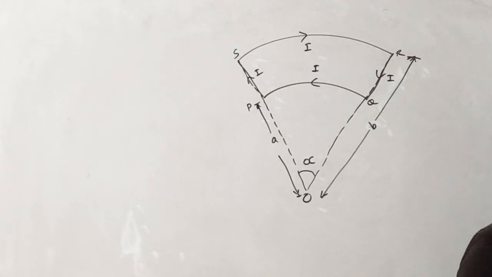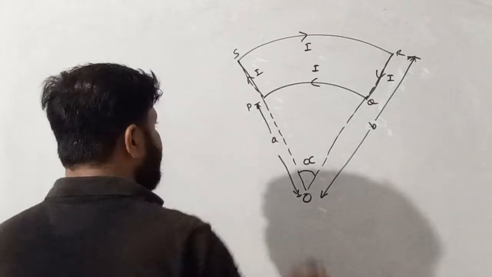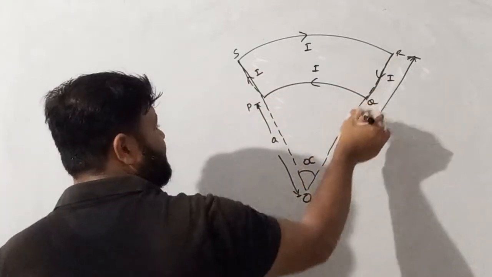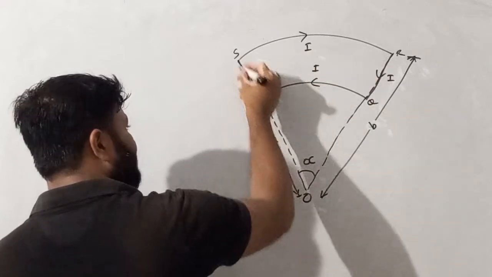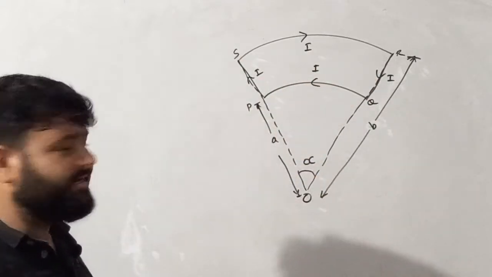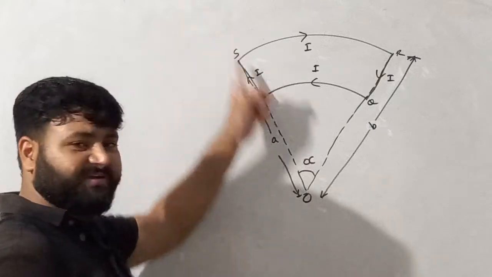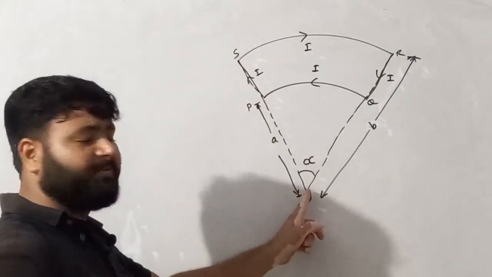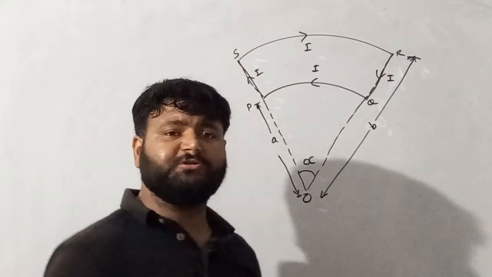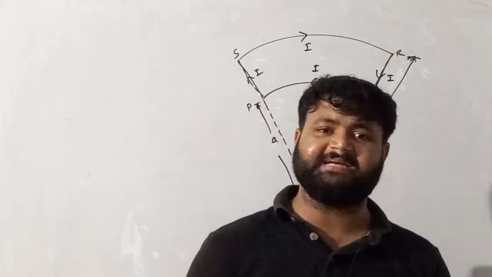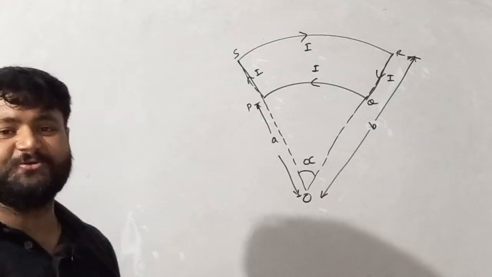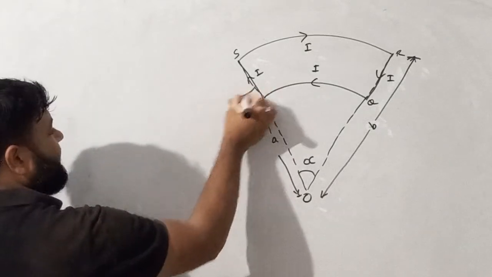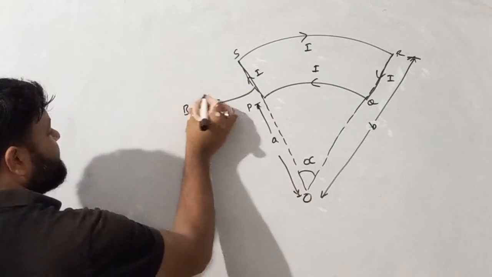Basically, this structure has 4 different parts. One is a plain wire. This is also a plain wire. This is an arc. This is also an arc. So as I already told you, my dear student, if the axis of the straight wire is passing across that point where we want to find the magnetic field, due to that wire, the value of the magnetic field becomes equal to 0. So due to this wire, the value of the magnetic field is 0.